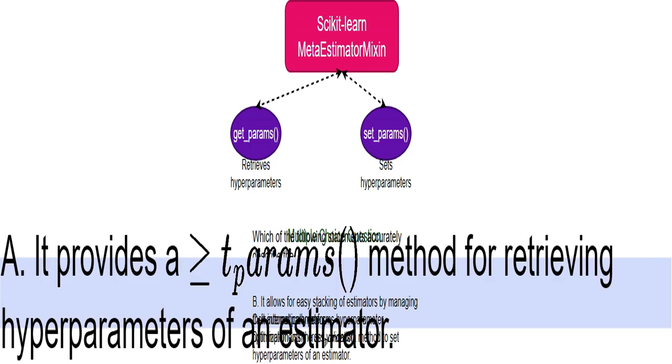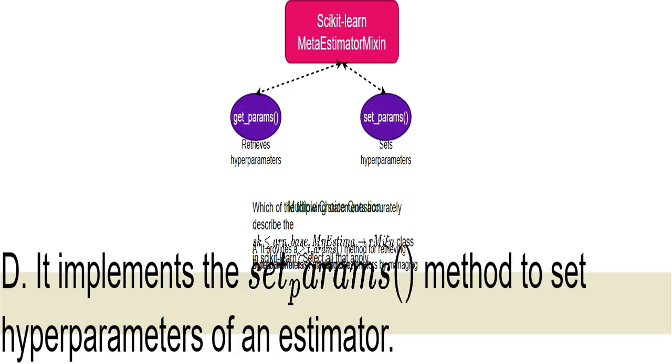This statement is about the _get_params method. The question is whether MetaEstimatorMixin includes this method. Sklearn uses _get_params to access an estimator's hyperparameters, settings that control the model's behavior. So, we're checking if MetaEstimatorMixin provides this functionality. This statement focuses on the _set_params method. We need to determine if MetaEstimatorMixin provides